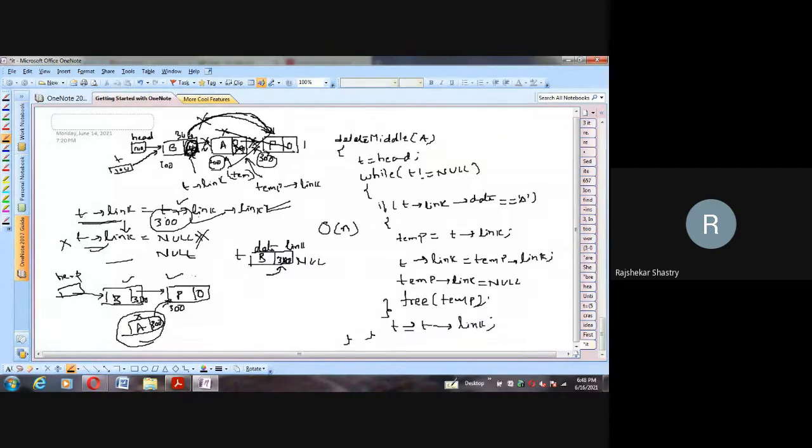These are the places where a destructor is mandatory in C++, because here your compiler will not take care of all these nodes. It will take care of the head node and the T pointer, whatever additional variables we have taken, and only the memory of the variables that are pointing to anything will be deleted. But these node memories which are allocated by us will remain stagnated in memory.